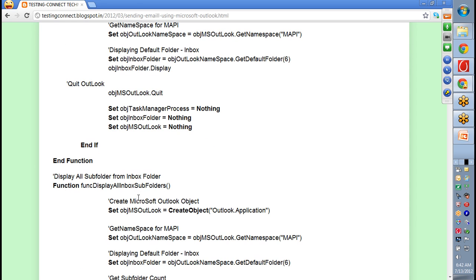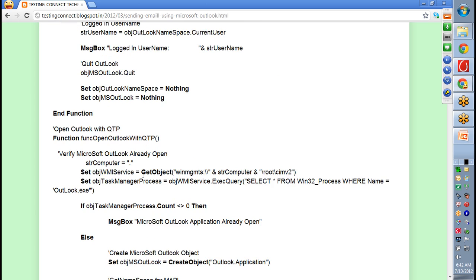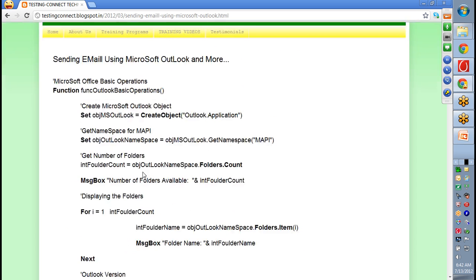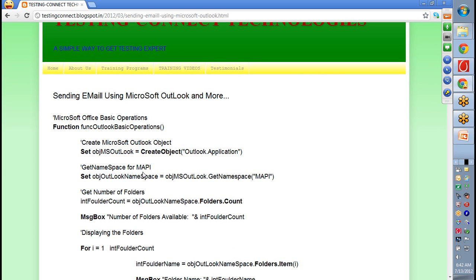You can go to the function to display all inbox subfolders. Okay, function to display all inbox subfolders. In the inbox, what are the subfolders that are there? All those will get displayed. Microsoft Office basic operations. What it will do is